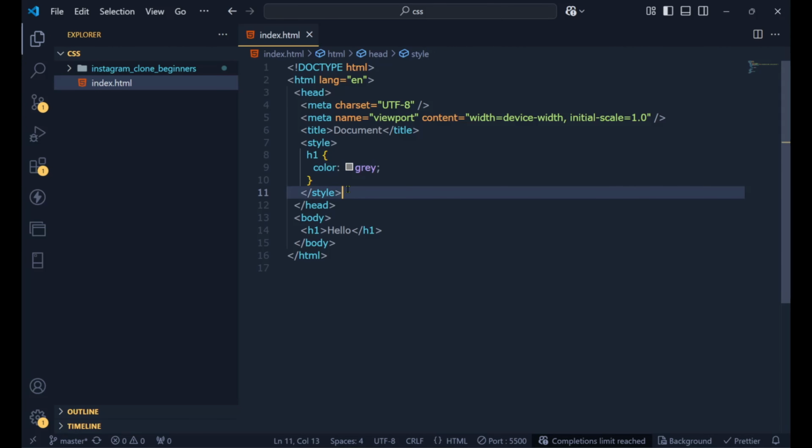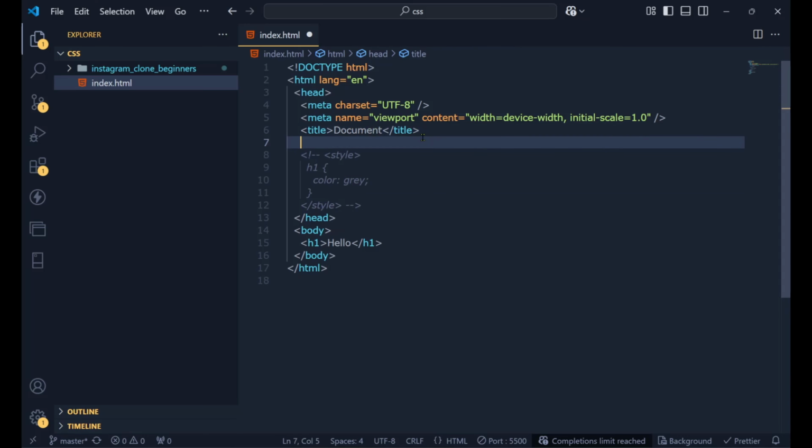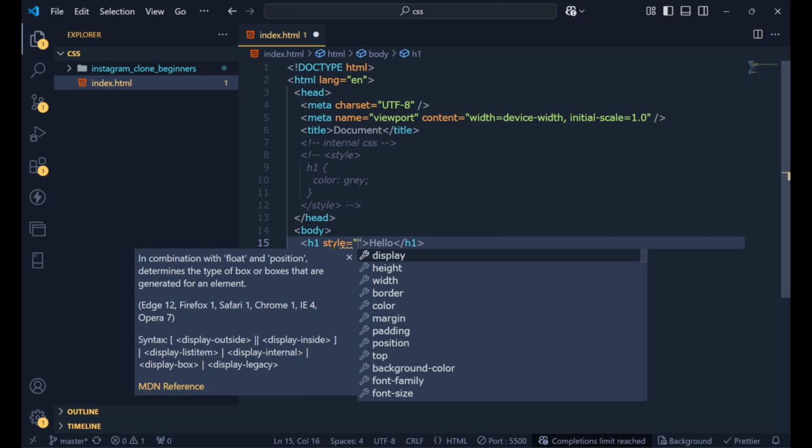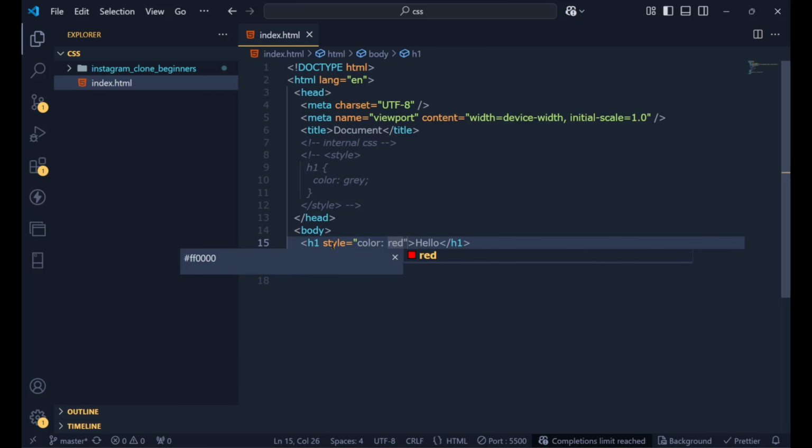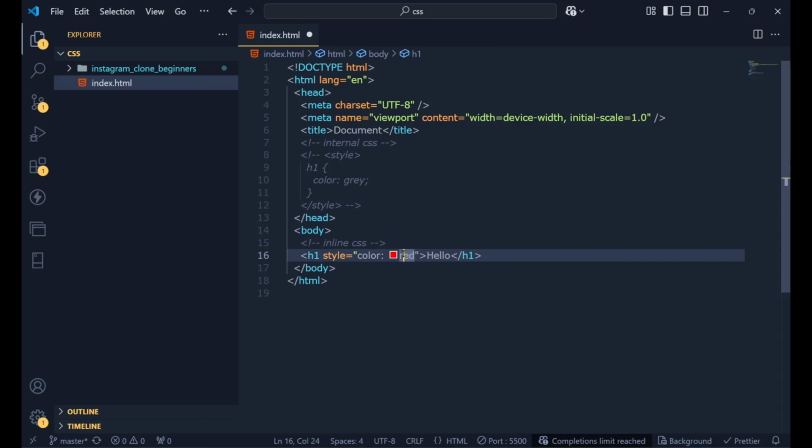So that is how this is, you can call it internal CSS. This is internal CSS. And the one which we previously did, something like this, style using the style keyword. And let's make it color red here. And this is called inline CSS. Now there is a third type, which is what we generally use, or you can call it external CSS,